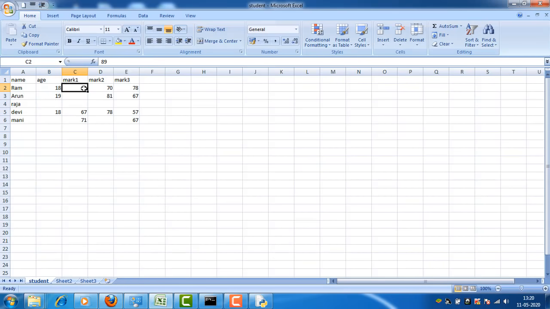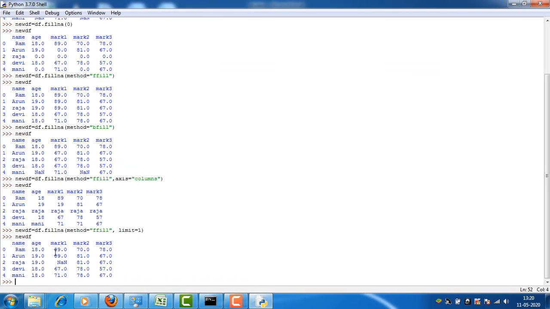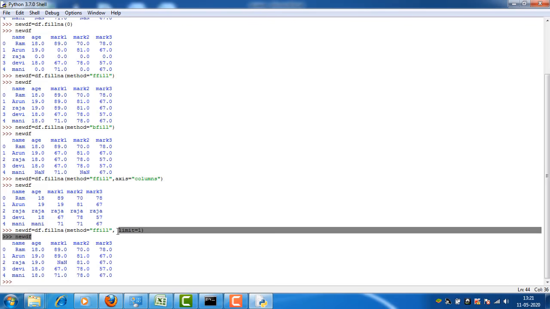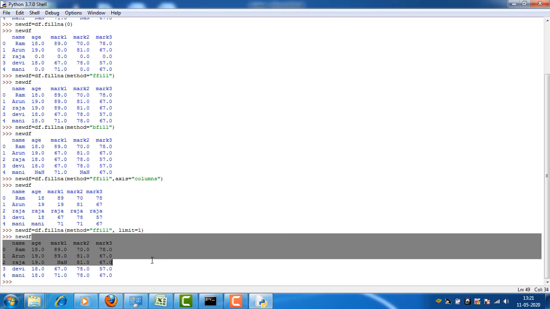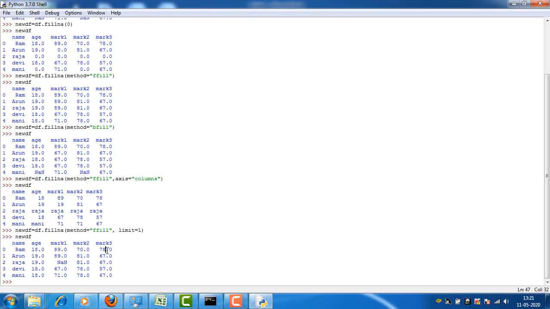Like this, 89, that is mark 1, is replaced for Arun, 89, not for Raja, because we mentioned limit is equal to 1. If you want, you can give the limit any number of times, 2, 3, and according to the value, we will limit the replacement of missing values.